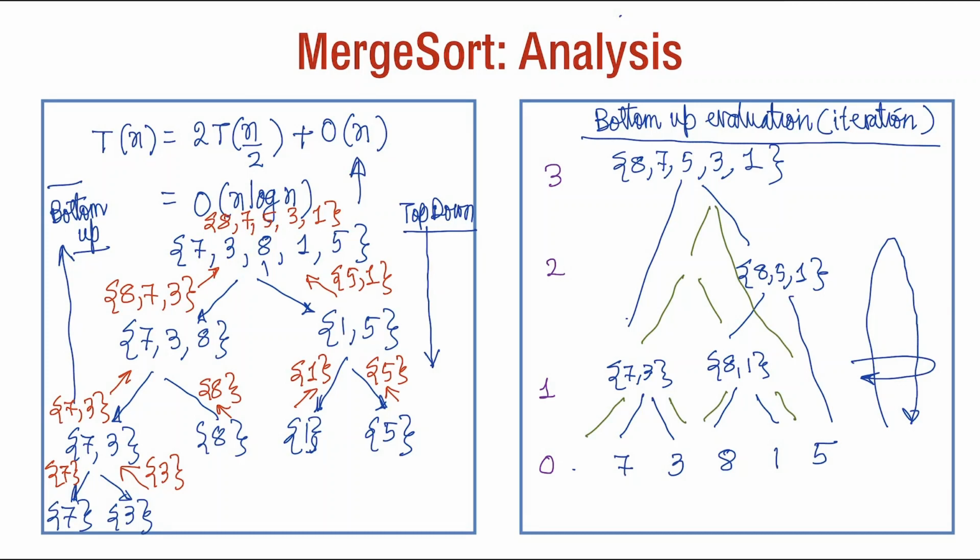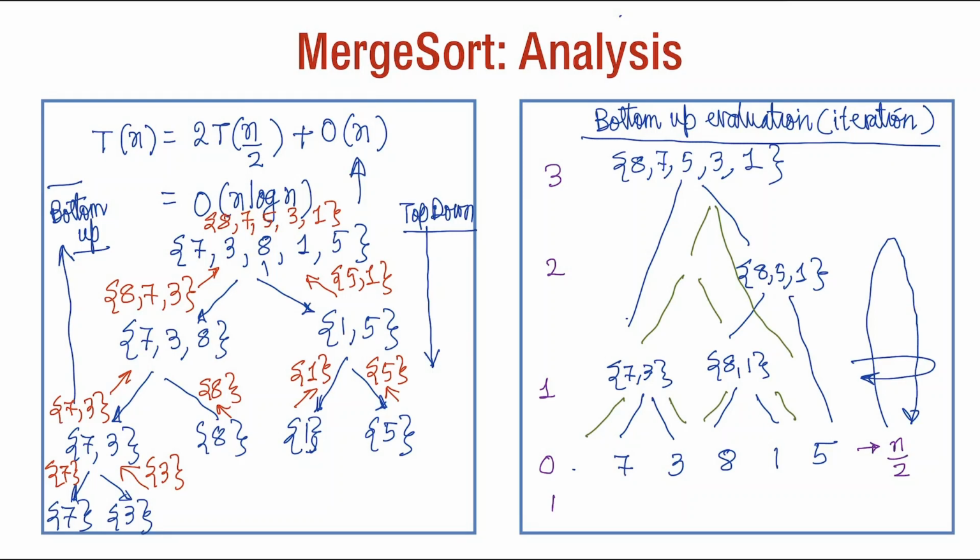At every level, initially here n by 2 comparisons will be made, and n by 2 such merges will happen. So it will just be a series of merge